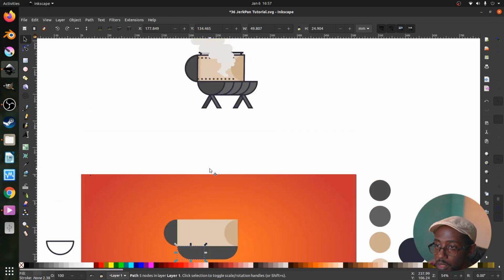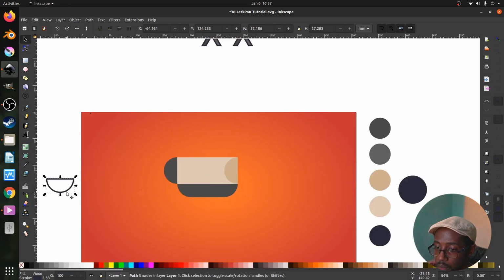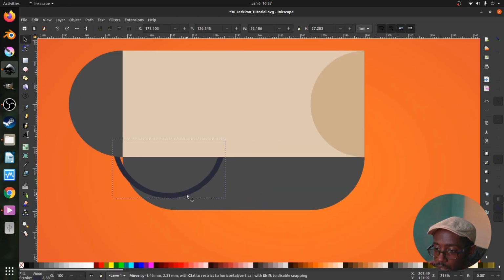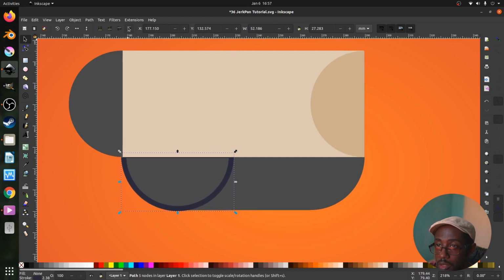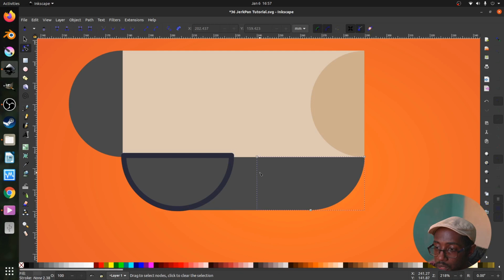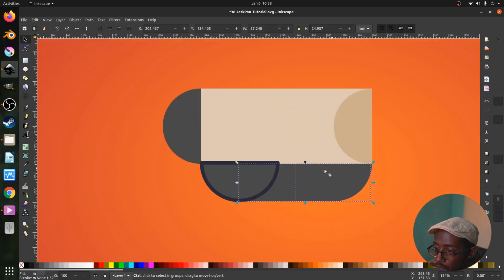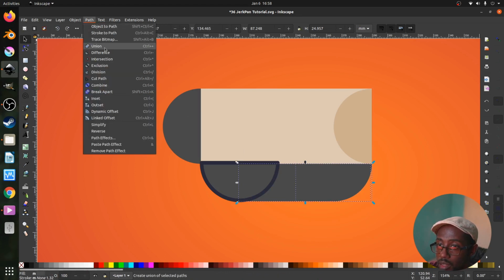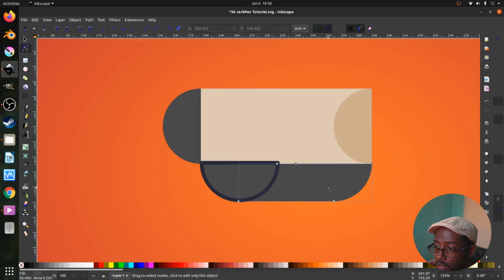So what we want to do now is add some stilts and a bit more control. So we're going to bring back our stroke semicircle that we had created before. Good. And then we're just going to go ahead and unify these two shapes together, the semicircle and the long parallelogram that we created. Yeah, put them together, and we're going to go to Path and Union, bring them together, and then we're just